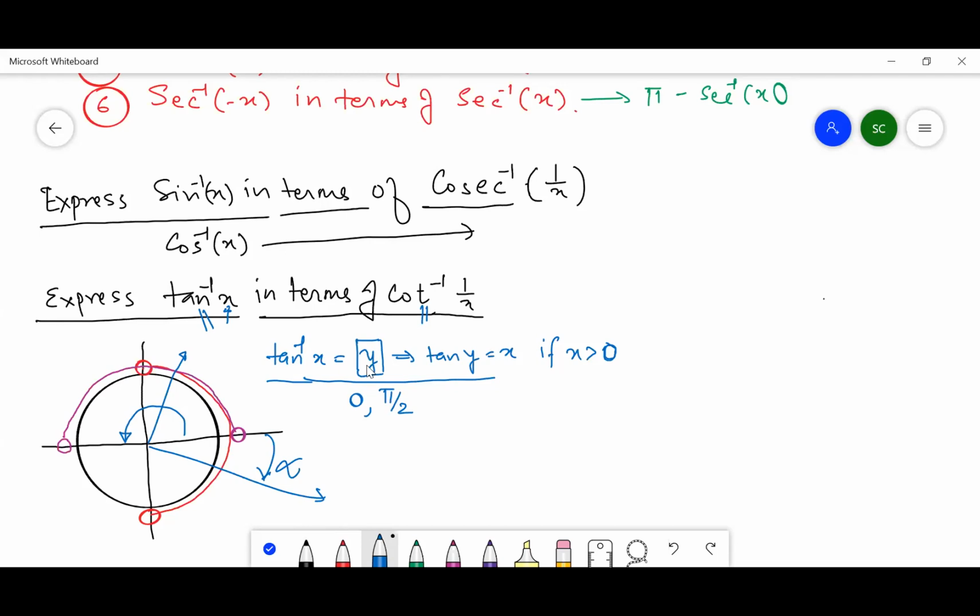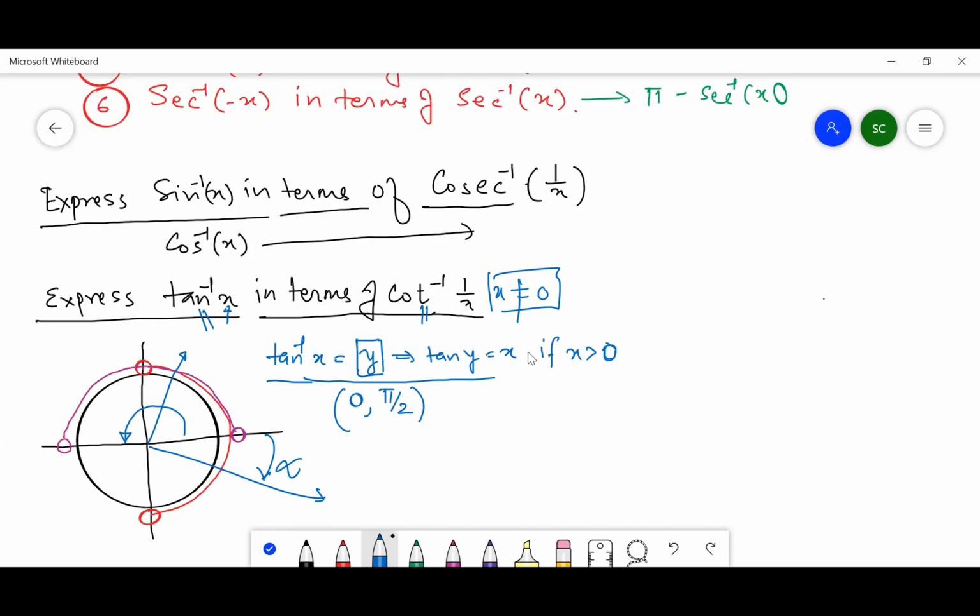Actually, when you operate tan inverse of x, we get y between 0 to pi by 2. Definitely pi by 2 is excluded, while 0 is there in the tan inverse range. But as far as cot inverse of 1 by x is concerned, which we are going to write down eventually, we don't want x to be 0. The moment you write 1 upon x, we are excluding the x equal to 0 case. Therefore, I am making this bracket an open interval.